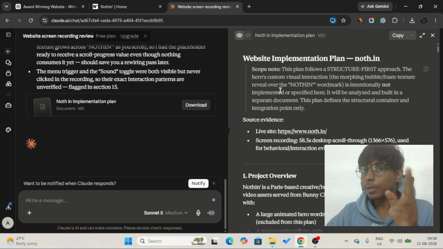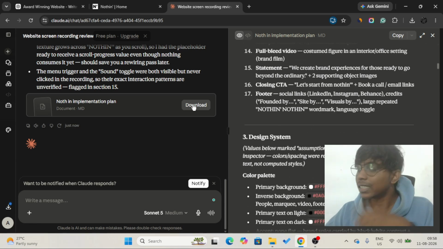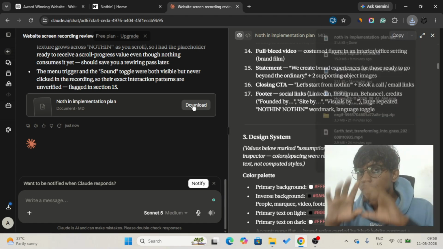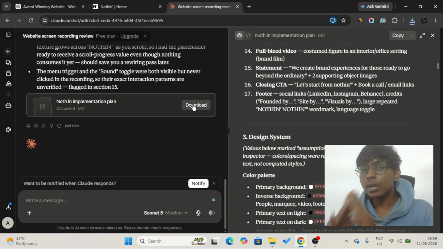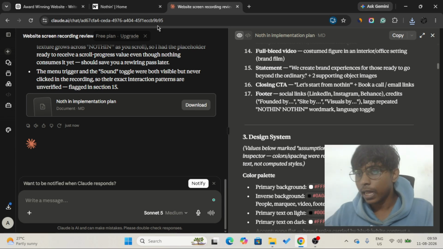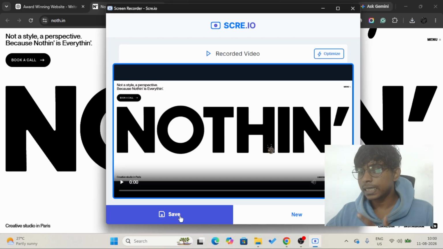And we got the implementation plan here, and this is the whole implementation plan, and all we need to do is just download it, and just like that we got the implementation plan. And next step is creating a screen recording video of the hero section only, and then we're gonna create a whole plan for the hero section separately. And let's just take screen recording video of the hero section first and save it and close